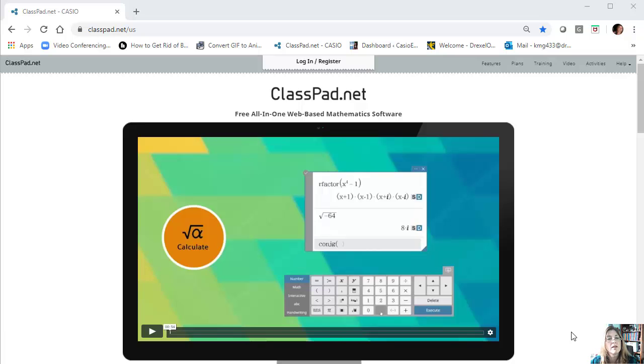Hi there, this is another mini math lesson with Karen, and this one is about equivalent forms of linear equations. So just an exploration of how to help students see that different forms are used for different reasons depending on what you have and how they are equivalent to each other.